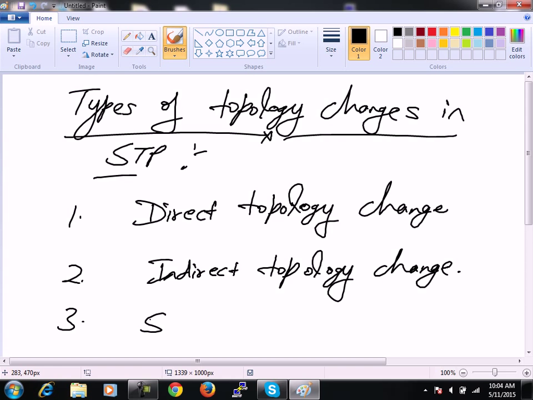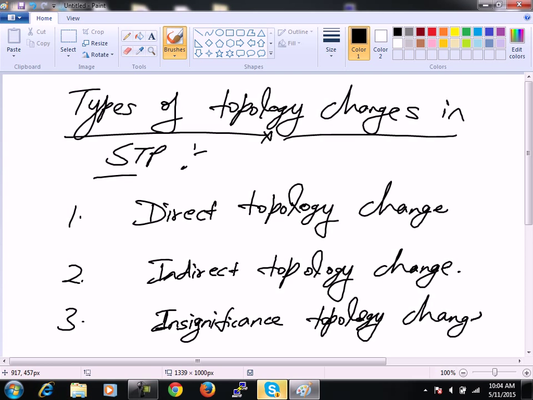And third one was insignificant. So we are having these types of topology changes available in STP, and I said that in case of direct